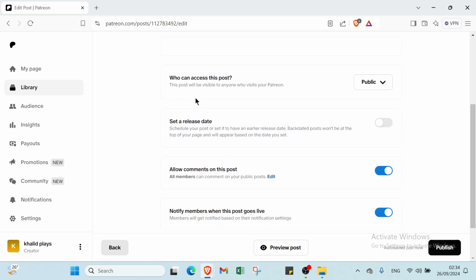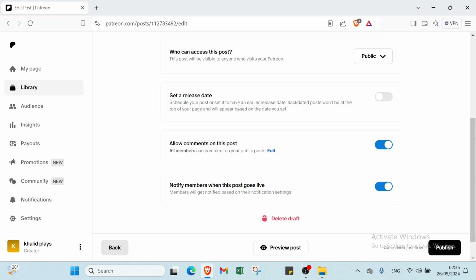Then you have here who can access this post. This post will be visible to anyone who visits your Patreon. For example, here we have public, paid members only, or free members only. Then you have here set a release date: schedule your post or set it to have an earlier release date. Backdated posts won't be at the top of your page and will appear based on the dates you set. You have allow comments on this post. All members can comment on your public posts. You have notify members when this post goes live. So let's come back